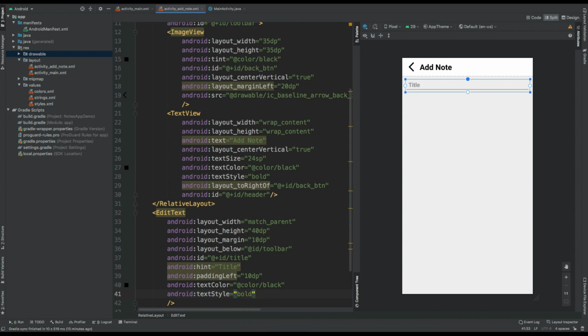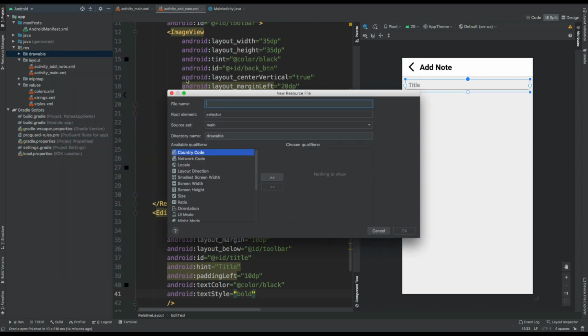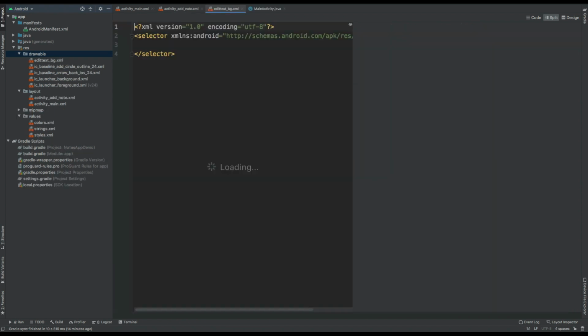Now this edit text doesn't look good, so for styling it we will make a drawable XML. Right click on drawable, new, drawable resource file, and let's call it edit text underscore bg. Okay,